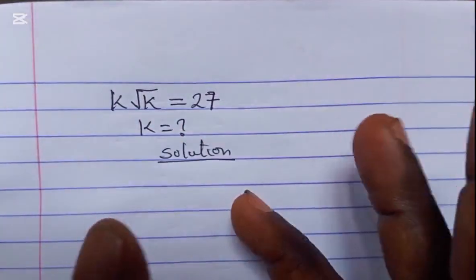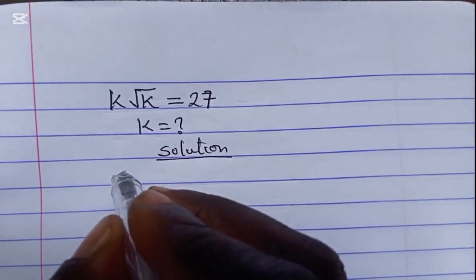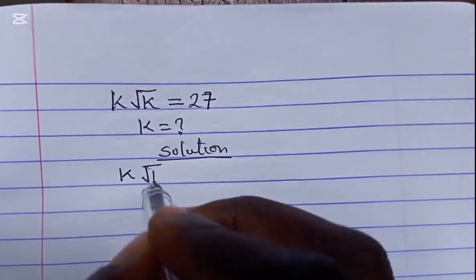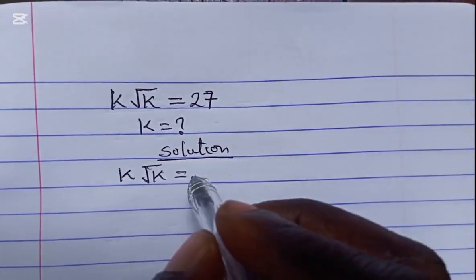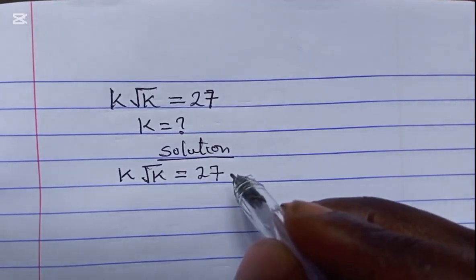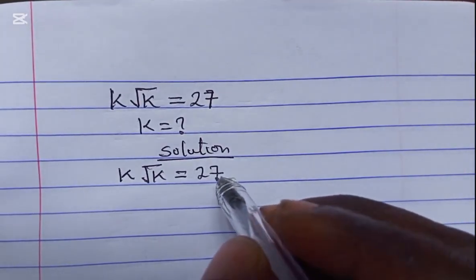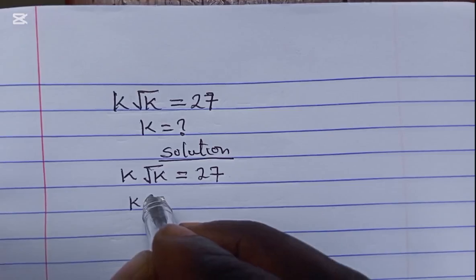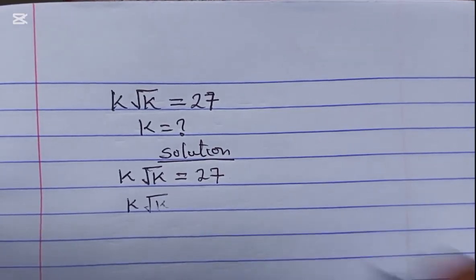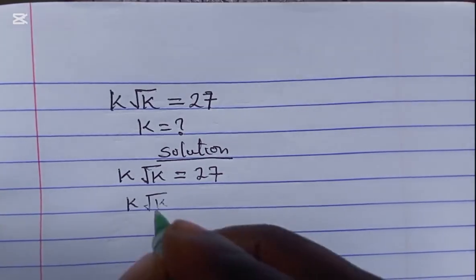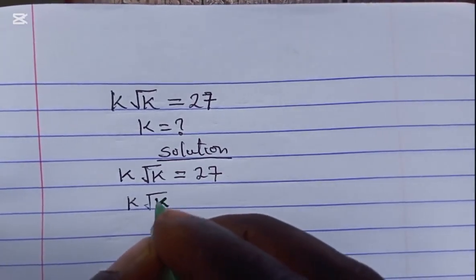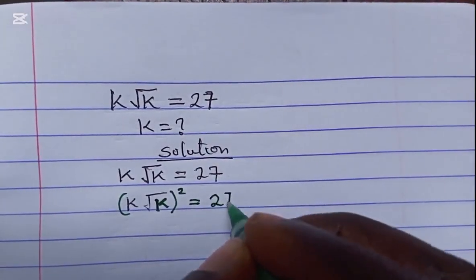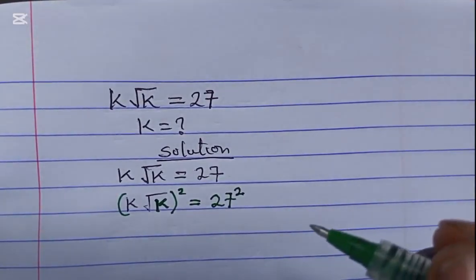Okay, within seconds you will see that we solve it. What we have here is k multiplying the square root of k to give us 27. After that, we find a way of eliminating the square root. So what we do is we square both sides. We also square this. So after squaring it,